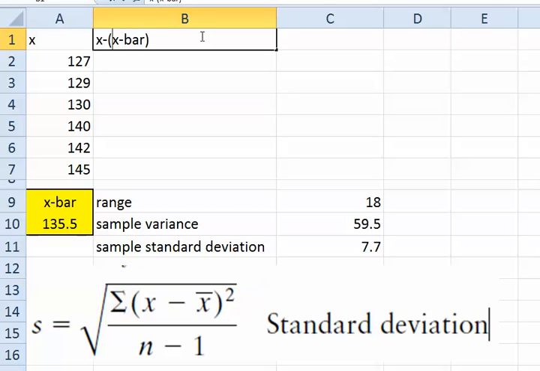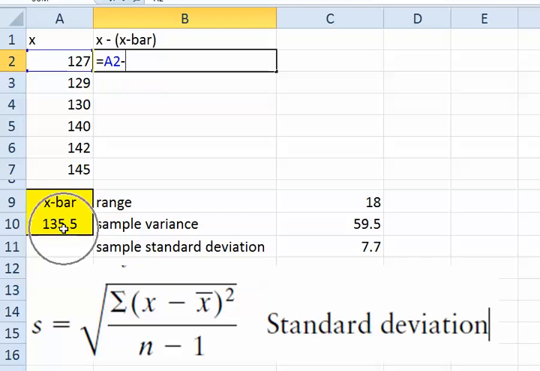Maybe I'll keep it. Okay, so to do that, I hit equals, and then I want to take this number, that's my first data value x, minus this number down here. Okay, so I'm going to hit that, and then I'm going to select it